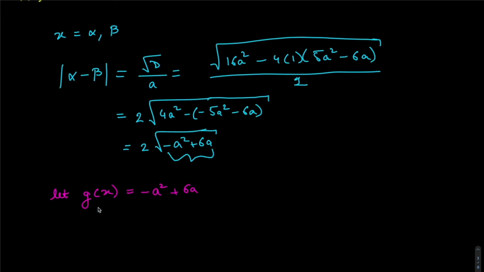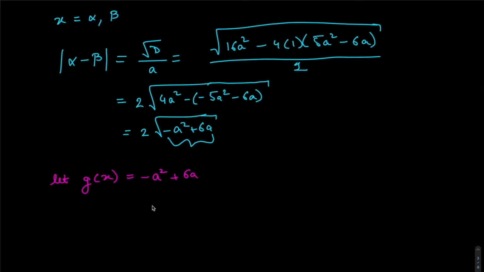And basically the maximum value of g of x, the maximum value of this entire function will give me the maximum value of the square root, and therefore I can find the maximum distance between alpha and beta. That is the entire process now. So now I have to find,